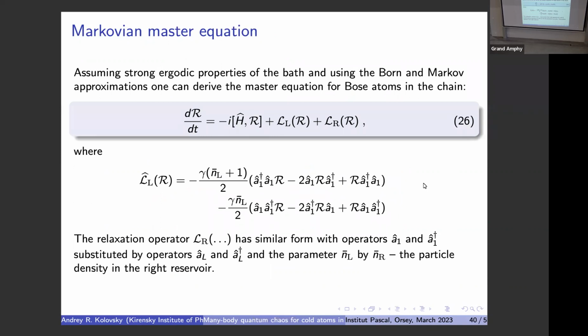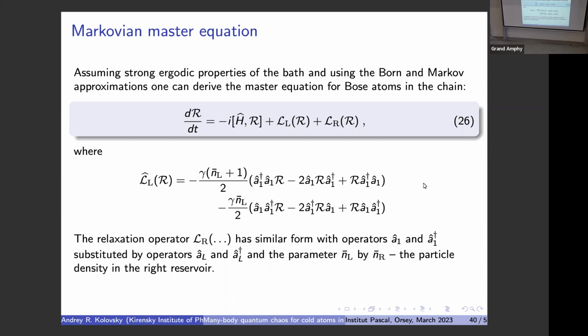Okay. Now one should derive the master equation for this problem. Again, here we close our eyes and assume the strong periodic property of the bath and use the Born and Markov approximations. In fact, these are two approximations, Born and Markov, but usually they work together. One can derive the master equation for Bose atoms in the Bose-Hubbard chain. So here is the Hamiltonian of the Bose-Hubbard chain, again in the extended states, that is one. And then come two